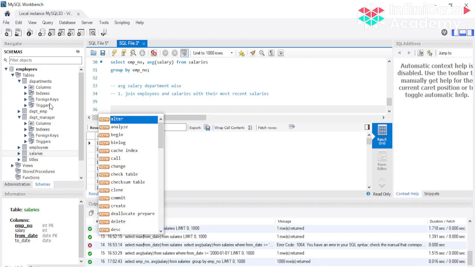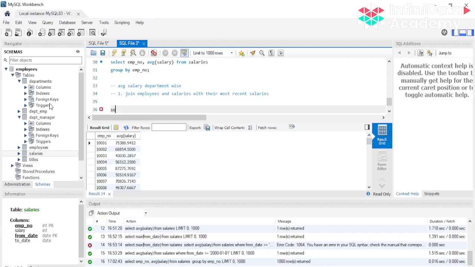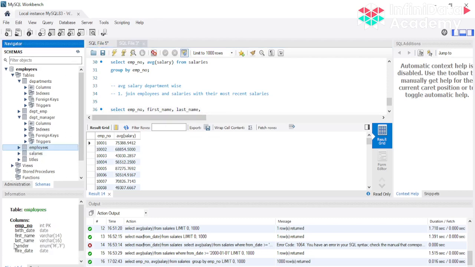All right, to get the most recent salary, so what are we going to do? Select. In this case, I'm just taking the specific number of columns. So I will take employee number. Let's take the first name as well as the last name, and then what all details do we have? We have the first name, last name, gender, hire date. I think we can ignore the birth date, gender and the hire date, and then we need to merge it